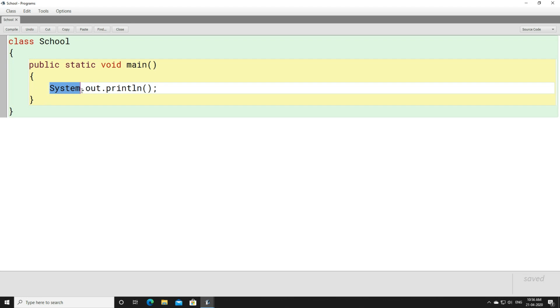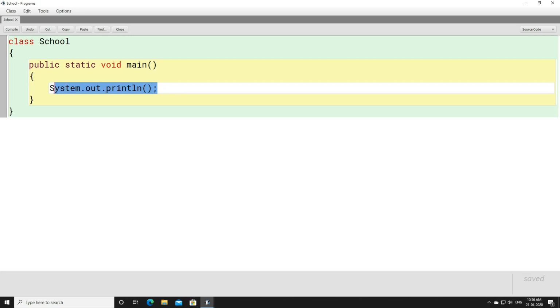You are never going to get a question like this: what are the data members present under the System class? State the data members, or state the member methods, which are present under the System class. Even if a question is asked, they will only ask you to name one data member present under the System class. So you can write that one of the data members present under System class is out. One of the member methods present under System class is println.